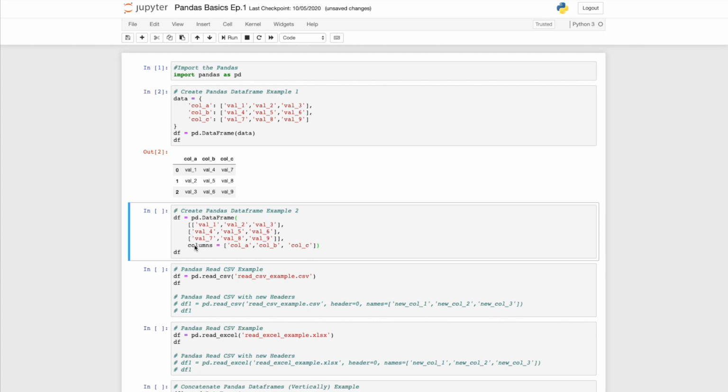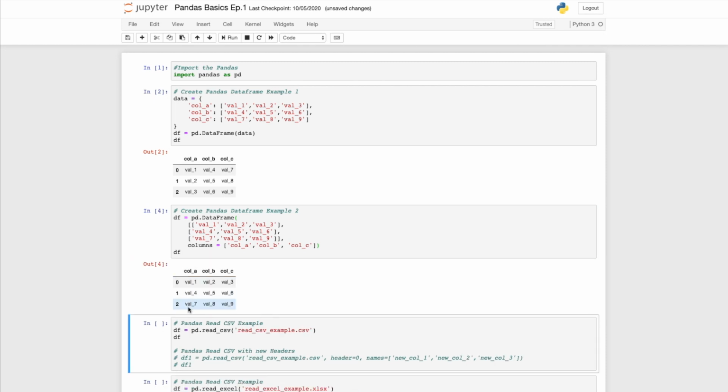And we can define our column headers using the columns param and passing in a list of strings. So I'll go ahead and run the cell and show you the output. So column A here has 1, 4, 7, column B here has 2, 5, 6, and column C, which is defined here, has 3,